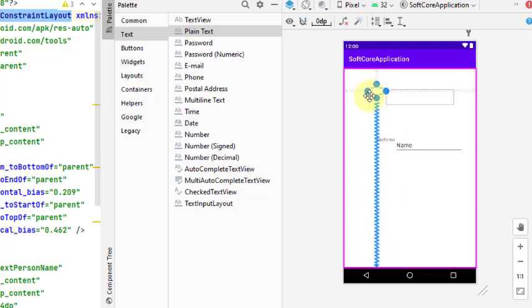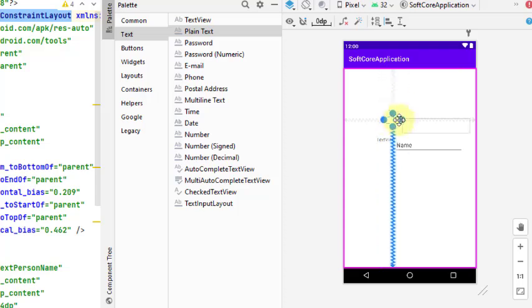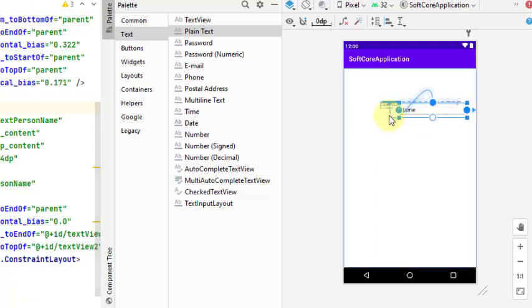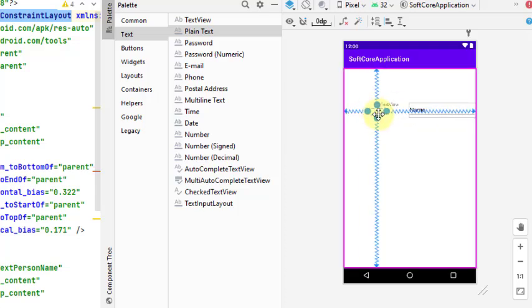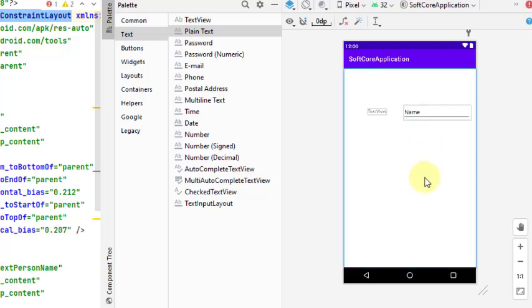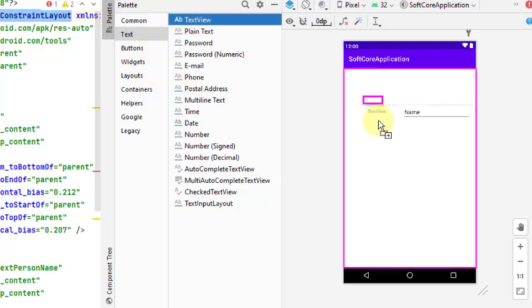See, when you move the edit text, automatically the text view will move with it. See, this is my username.